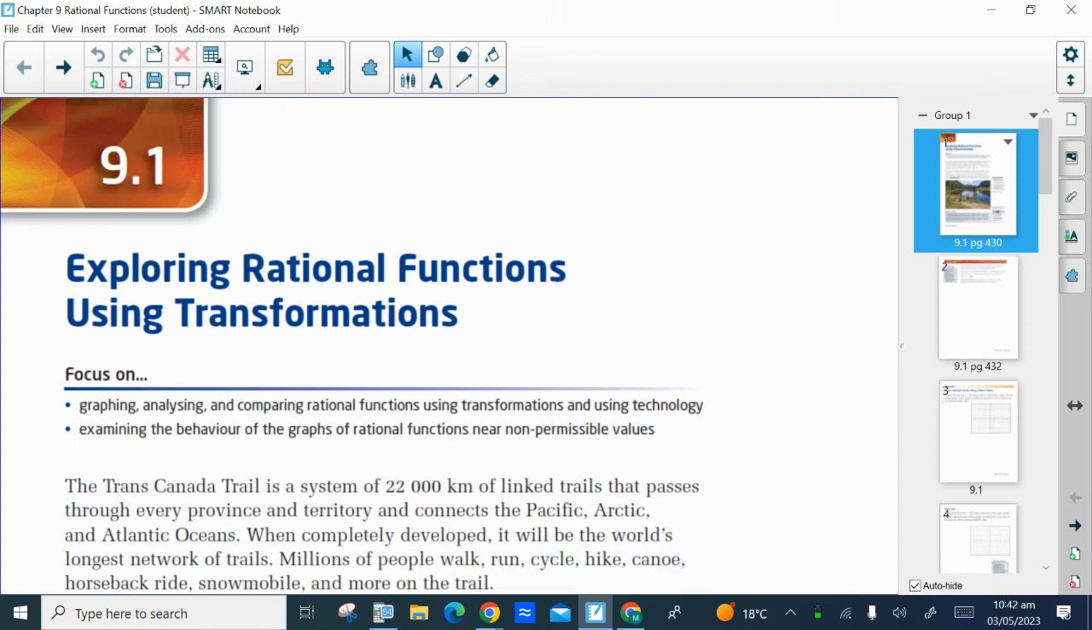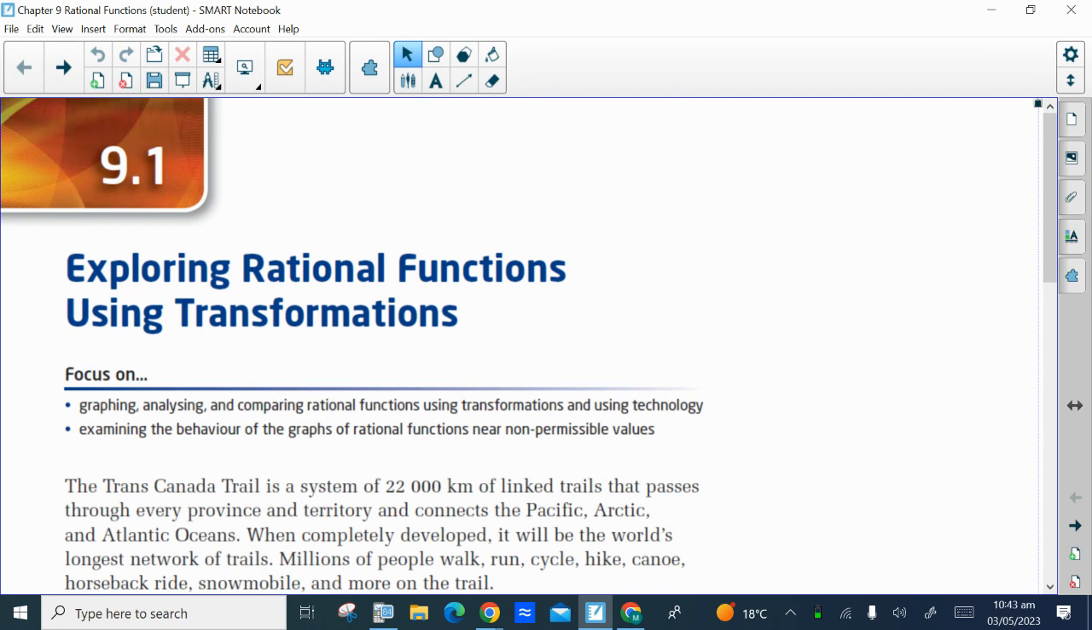So the last unit is chapters 9, 10, and 11. Chapter 9 deals with rational functions. So a rational function, just like a rational number, has a numerator and a denominator. A rational expression